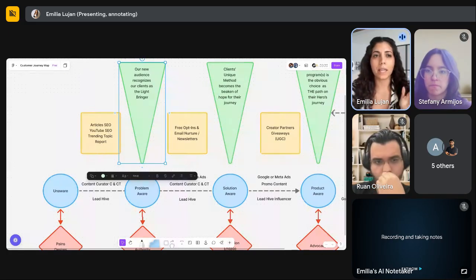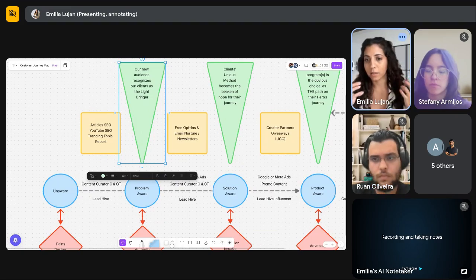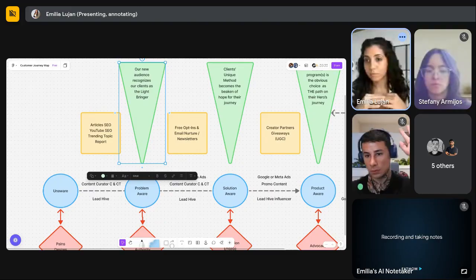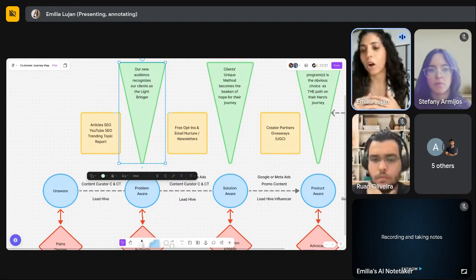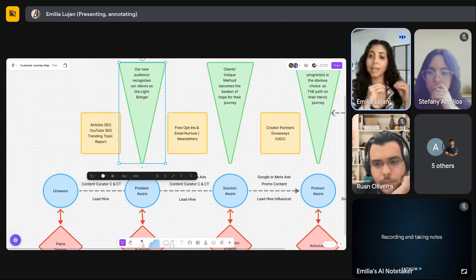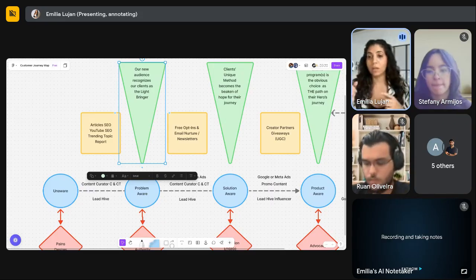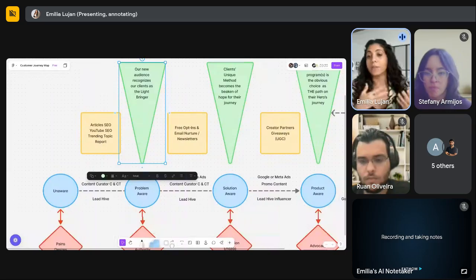So is anybody here not familiar with the hero's journey of storytelling? And I'll recap if somebody's not familiar with it. Okay, so the hero's journey is basically like our client in any story that we tell, through content, through articles, through a landing page, whatever. Our client isn't the hero. The prospect is the hero, because the client is the one that shows the person the way. They're the light bringer, they're the light shower, they're the light figure.